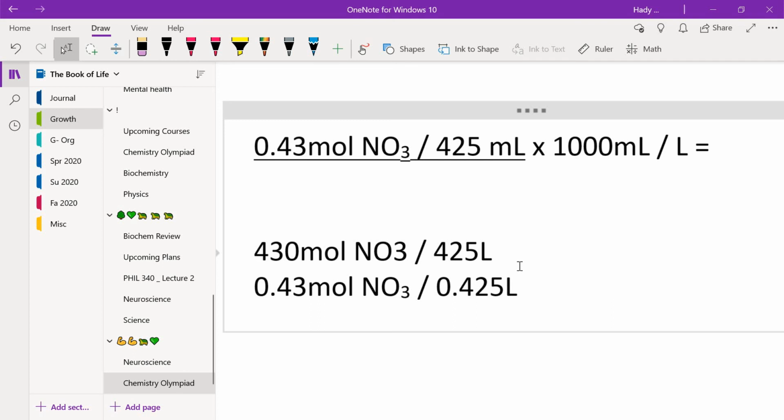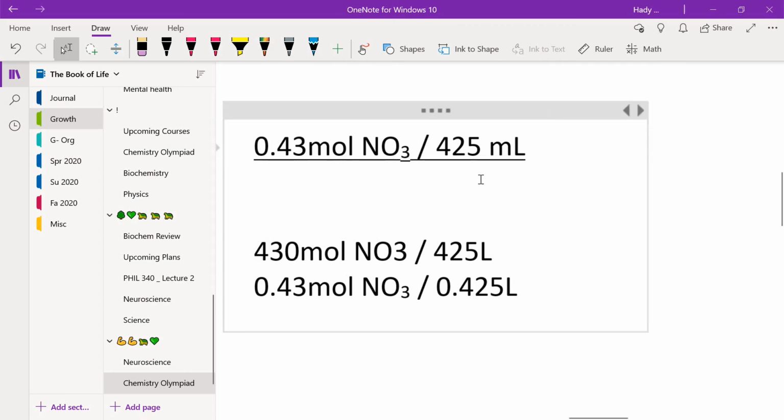I'll probably redo this. So, okay, yeah, whatever. So let me just redo this part again, because I think this is a very prime example. So if you have that many moles of 425 milliliters, you could say, okay, I want to convert this into liters, so